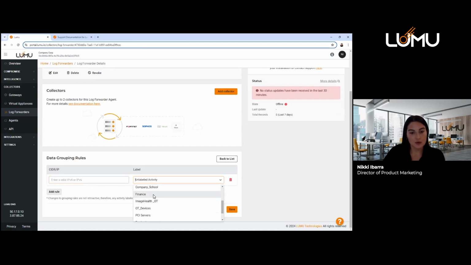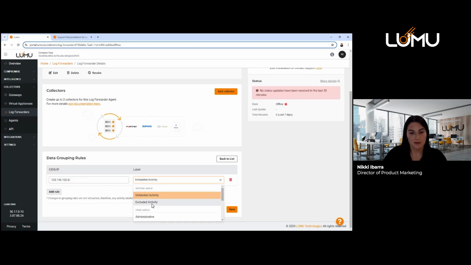And again, what this helps you do is prioritize incidents that are affecting a certain label or a certain environment, for example, so that when an incident does happen, and let's say it's affecting that environment, we'll see in just a bit in the incidents view how you can filter by labels and how you can filter by prioritization. So that's why labels and data grouping is really important here. So you can enter the IPs that you want to enter here, and then you can enter a group of IPs as well, for example, and a range, and you can either assign it a label, as mentioned, or you can